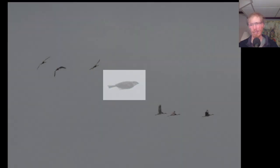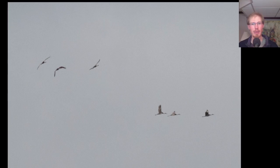Here we have a house sparrow, which is normally not a very exciting species, but it's actually something that we don't see too often at the Hawk Watch. One highlight of the day was this group of 6 sandhill cranes. And another highlight was this black vulture, and the banders at the Payne Beach blind sent me a text to